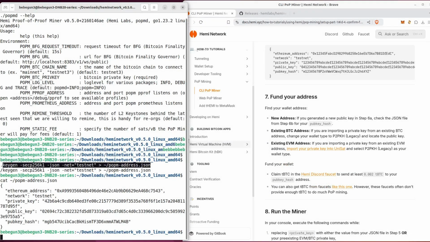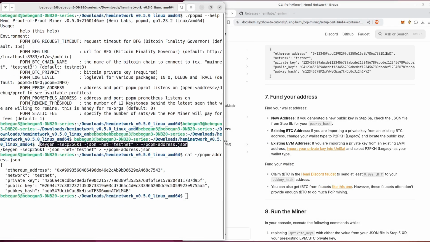Okay, step 7 is about funding your address. It doesn't matter if you just generated the new address with us, you're going to have to have a balance. For a new address, the pub key hash is going to be your address, so you can send funds to that. If you have an existing Bitcoin address, make sure you change your wallet type as instructed in the second bullet point,